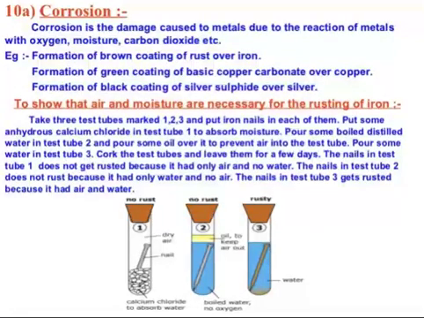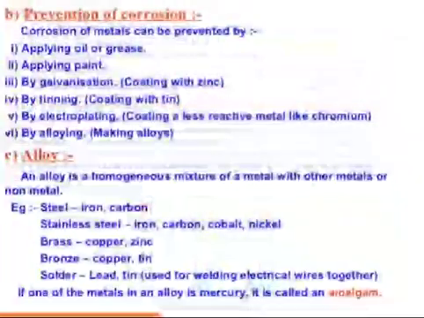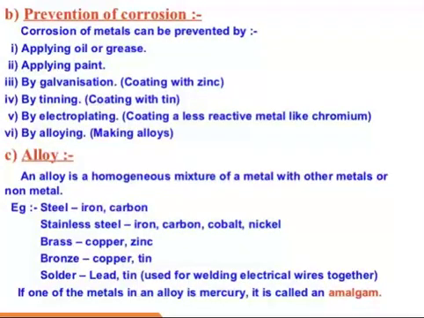One important fact is that aluminium does not corrode easily because it is protected by a coating of aluminium oxide. This coating is formed when a newly cut aluminium is first exposed to air. This oxide forms a layer which is not visible to our naked eye. So that is why aluminium will not corrode easily. See, rusting is not good because over time the iron object will become weak.